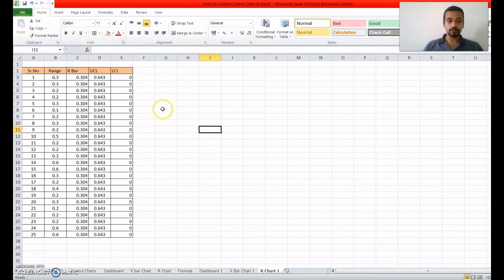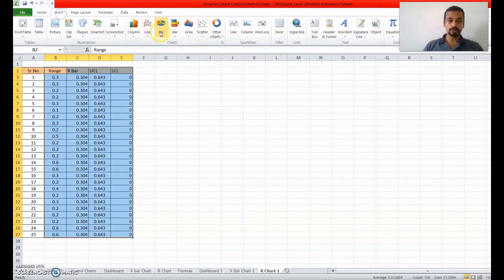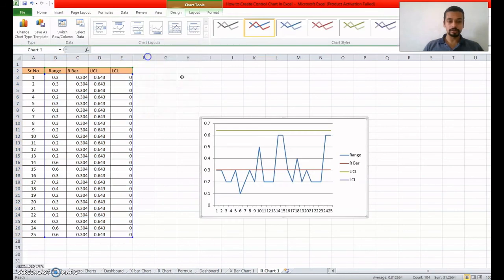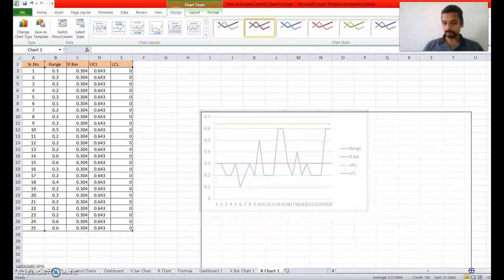Okay. Now we plot the graph. We can select this, insert, line, 2D line. Just this graph.